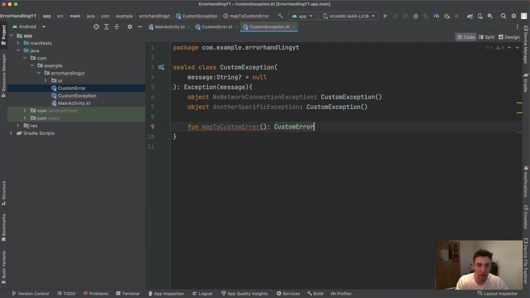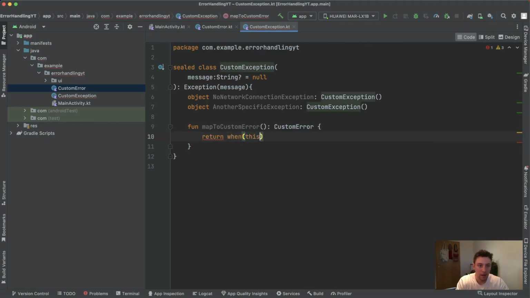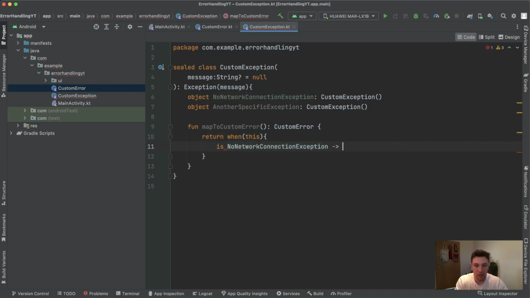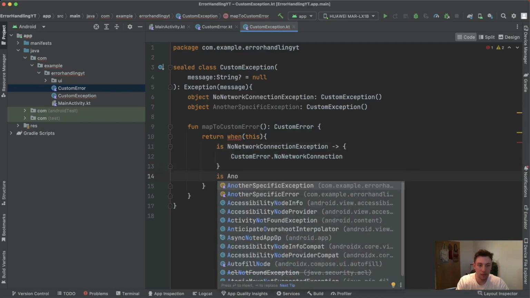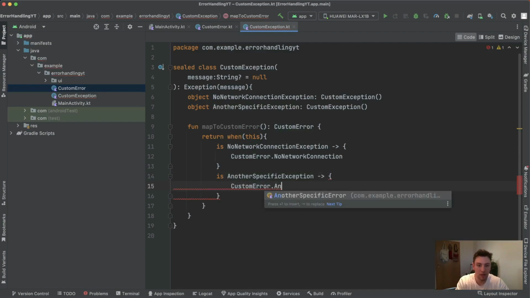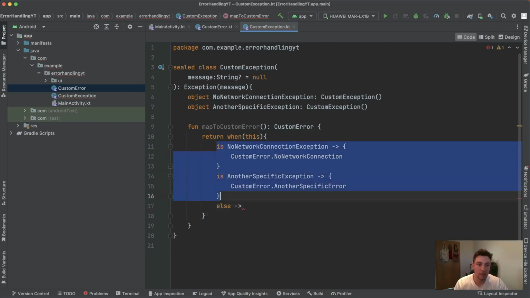This will return a custom error. We will say return when, and take this as the basic, is no network connection exception. Then we will return a custom error dot no network connection. In case the current instance is another specific exception, then we want to return custom error dot another specific error. And we will also define an else branch, which is not necessary here because with these two cases we